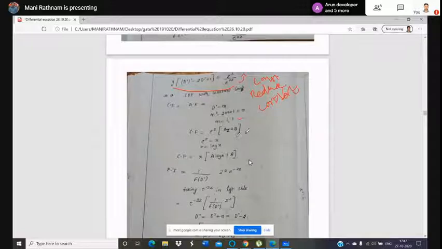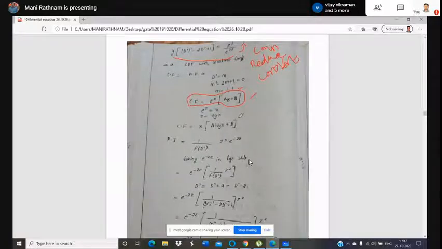So the complementary function is in this format: e power z, (az plus b). These are all complementary functions. The representations we already discussed in the previous classes, previous session. You should know the table of values for representing the complementary function, because that is very important. e power z equal to x and z equal to log x. These are all the substitutions. You can use them in the complementary function.